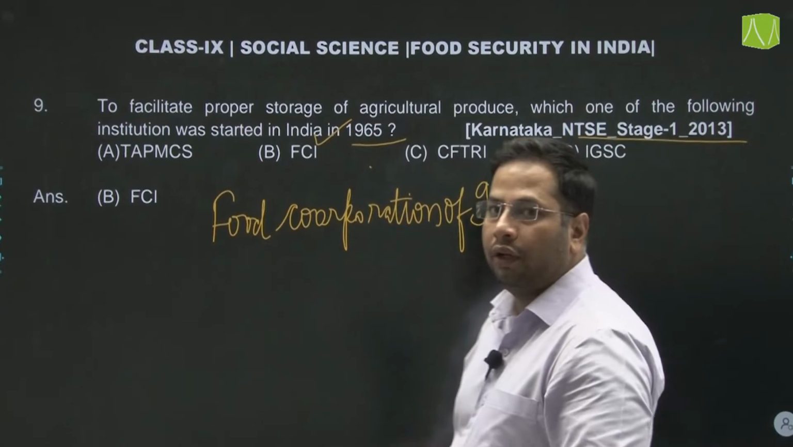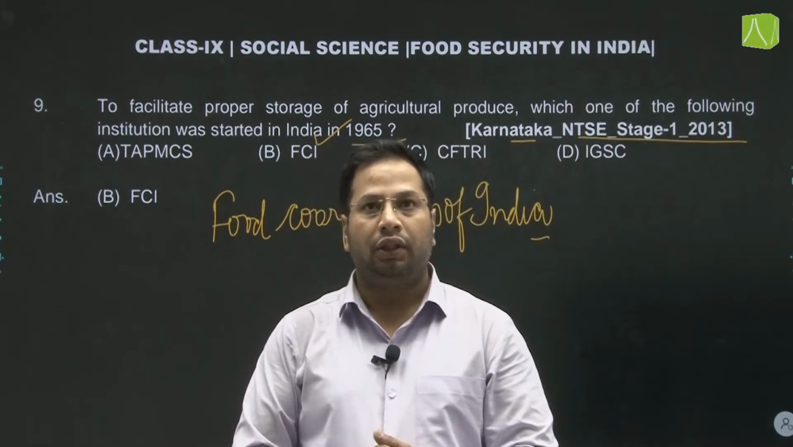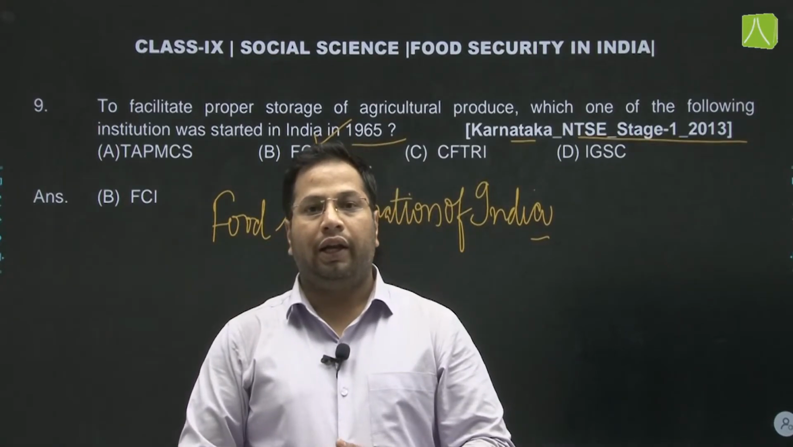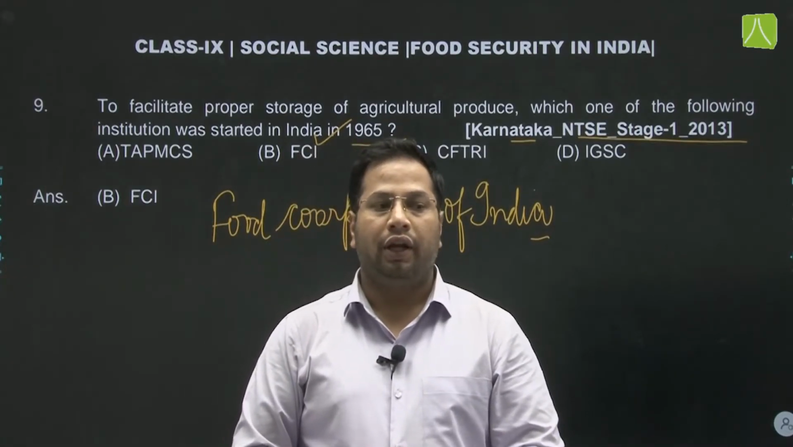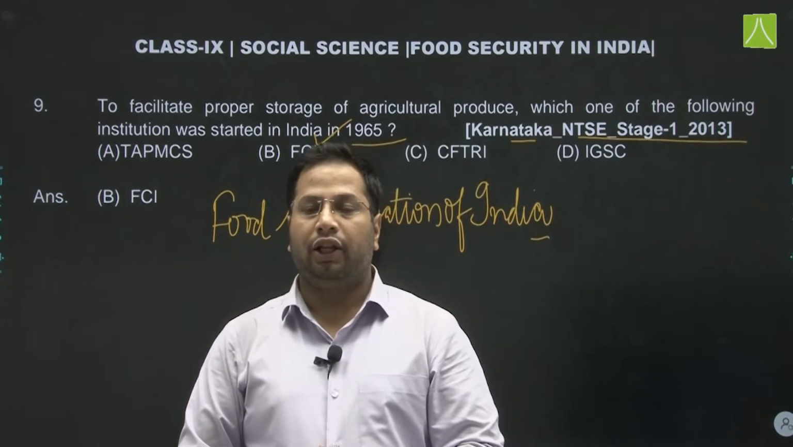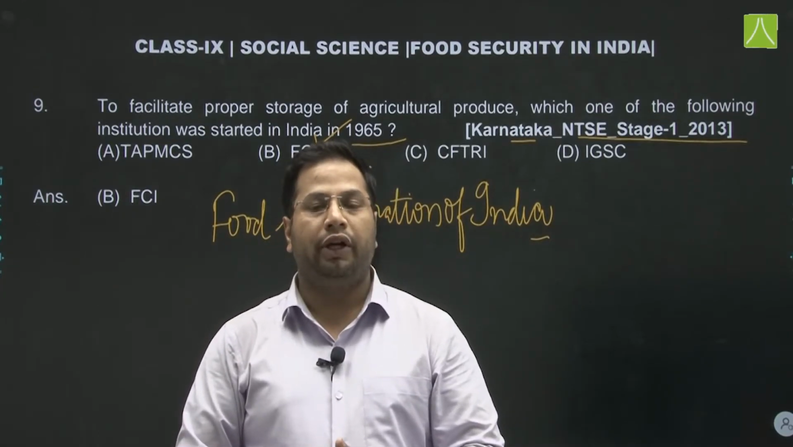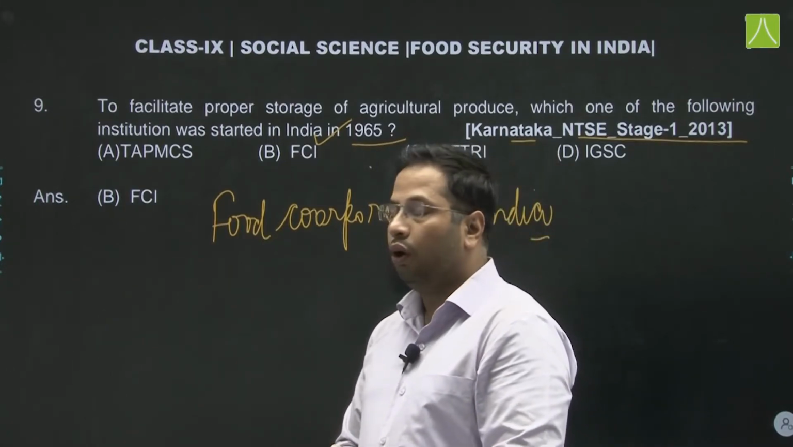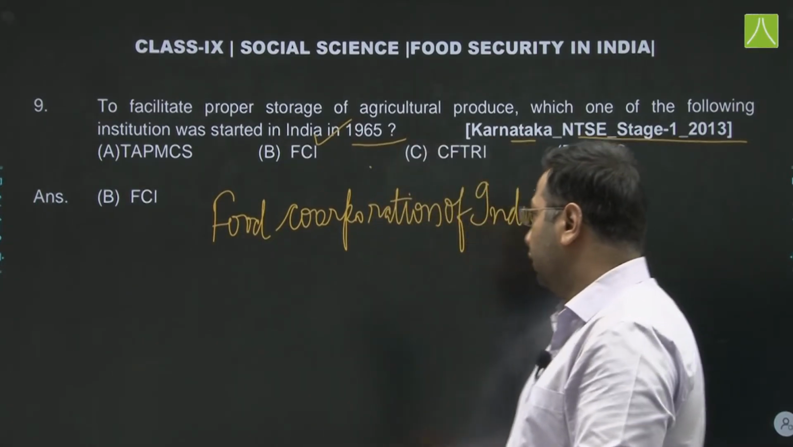And this is the one which procures or purchases the wheat and rice from the farmers, and later they store this wheat and rice in their granaries, and later they provide it to the common people or needy people through this PDS system or public distribution system, or fair price shops. The next one,